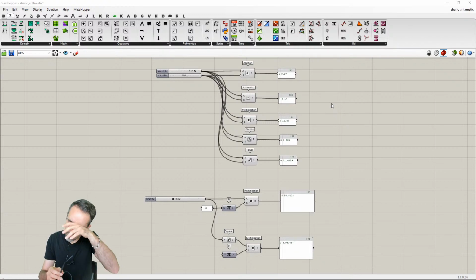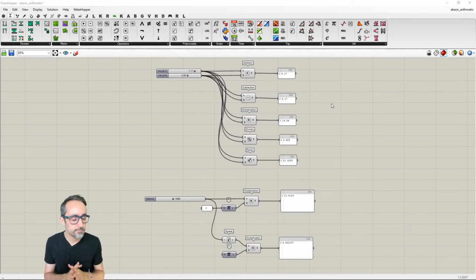Okay, so keeping your definition tidy and clean. We're going to group naming panels, or name panels. As you have seen before, our definition, just for doing a little bit of arithmetic and a couple of